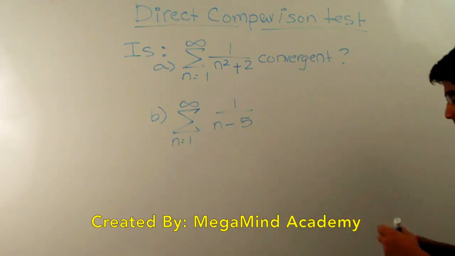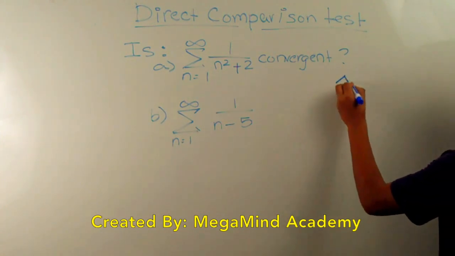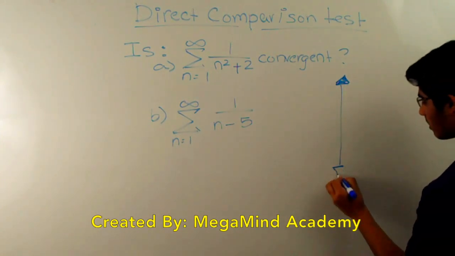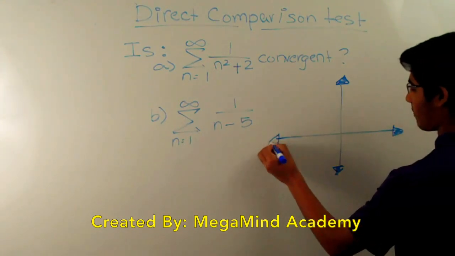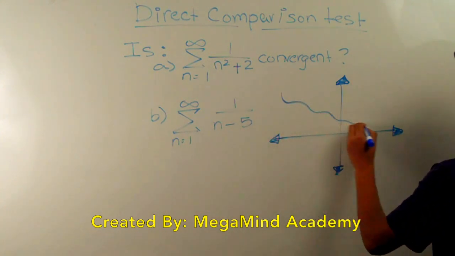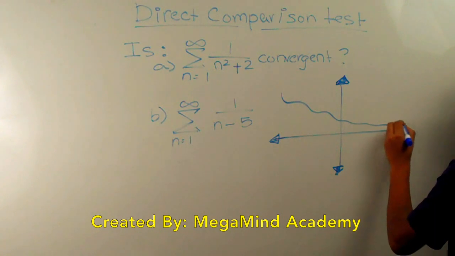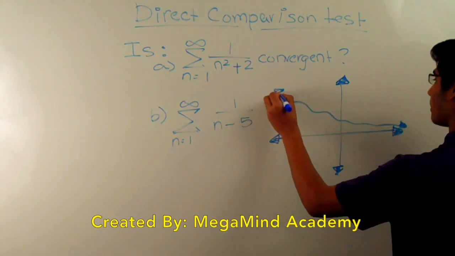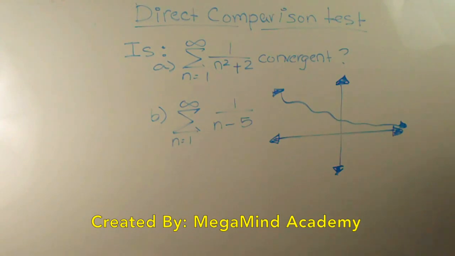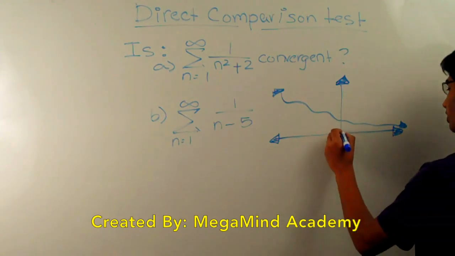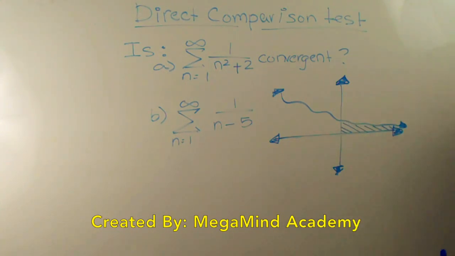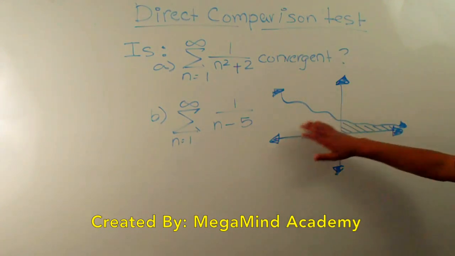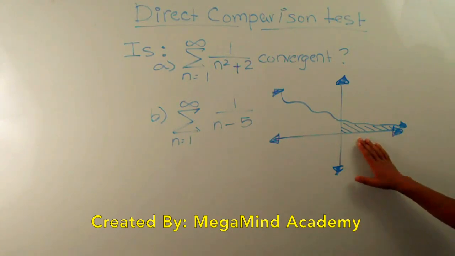So before we start, let's first look at a graph. Let's say that we have this random function, and let's say that we want to figure out whether the area under this function is convergent or divergent. So we're taking a step away from series and we're going to the area for a second. Now let's say we didn't know exactly how to compute the integral of this function, but we knew that